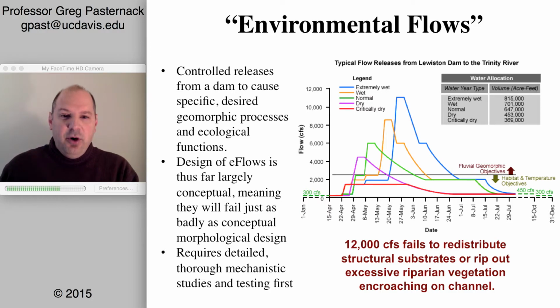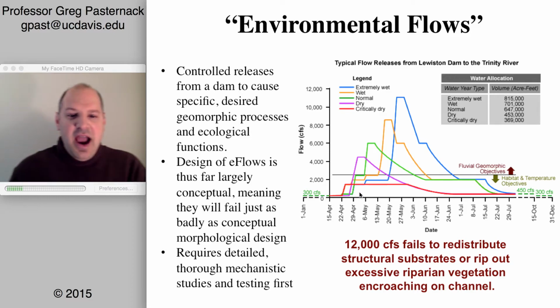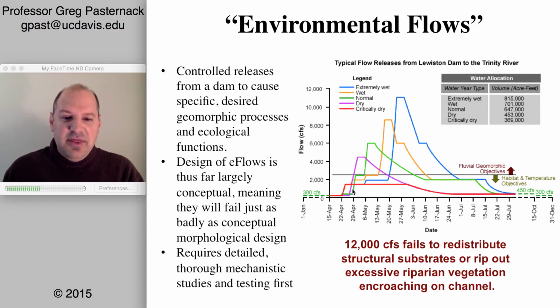So for example, this graph shows different hydrographs that have been made for spring runoff in the Trinity River of northwestern California. There are 5 different regimes, one for each hydrological water year type. And the water year types are shown in the table in the upper right. So let's just focus on the biggest one, which is blue. In the biggest one, water is